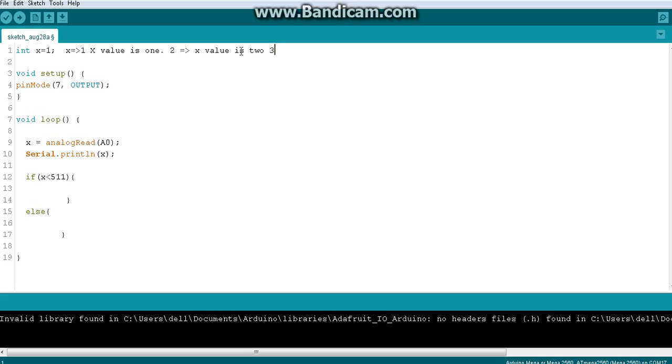If x is not 1 or 2, or x is some other value, I want to print "x is neither 1 nor 2". That means x is not any of those.